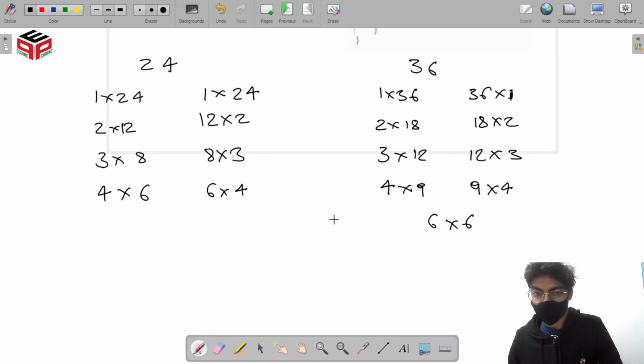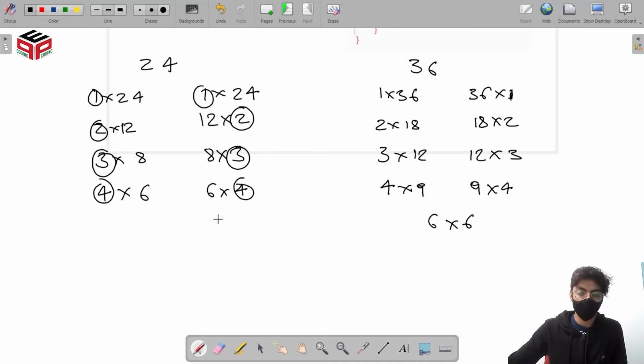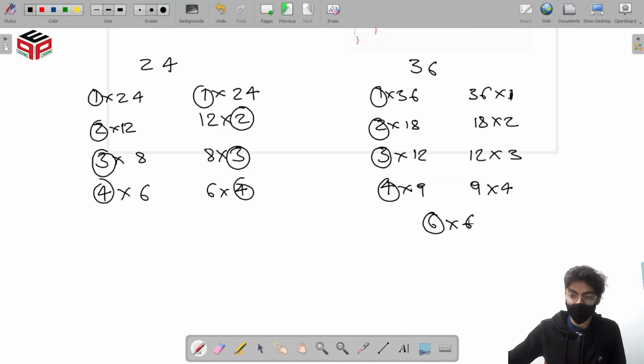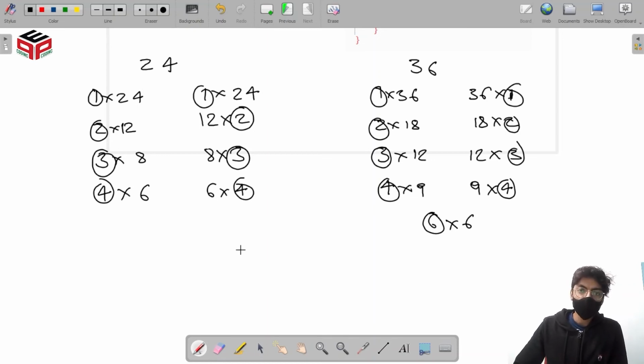So in both these cases, if you notice a pattern, we see that if you go beyond the square root, first of all, these values are getting repeated, right? We have 1, 2, 3, 4. Then these values are getting repeated again. We have 1, 2, 3, and 4 again. And similarly, 1, 2, 3, 4, 6, then 6 again. And we have 4, 3, 2, and 1. Basically, all of these values are being repeated again. So a pattern that we notice here is that beyond the square root of a number, we won't find a new factor.